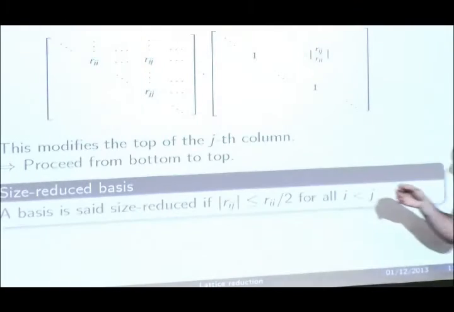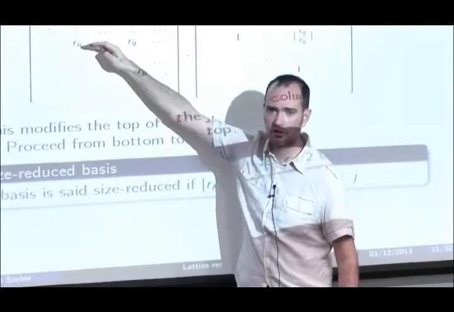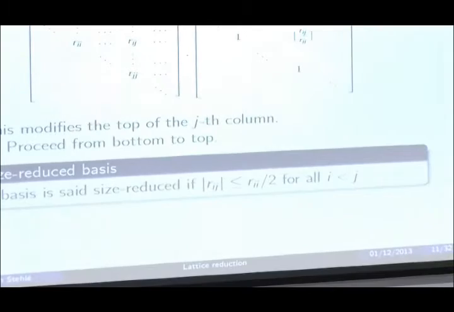Okay, so we can do this for column J, but we can do this for all columns. And the nice aspect of it is that now all the off-diagonal coefficients are smaller than half their corresponding diagonal coefficients. So if you make the diagonal coefficients small, then you are done. With size reduction, you can make all the rest smaller. So now the goal is just to make the diagonal of R smaller, because we know how to deal with the off-diagonal coefficients. And we know how to deal with them in polynomial time. You can check that this algorithm is all polynomial time.